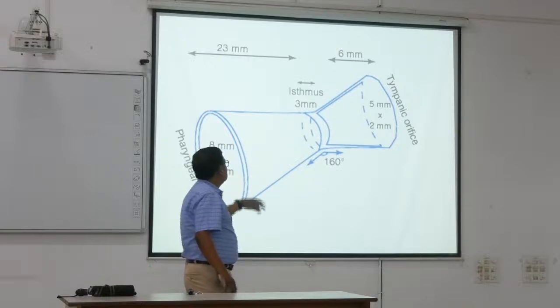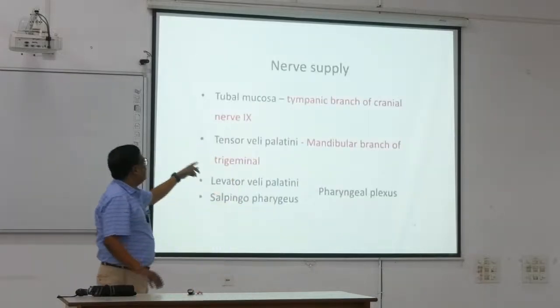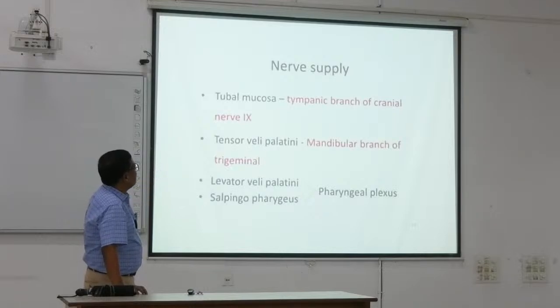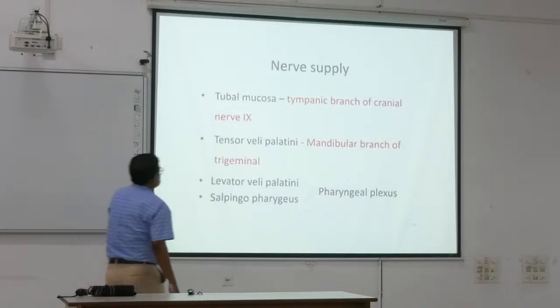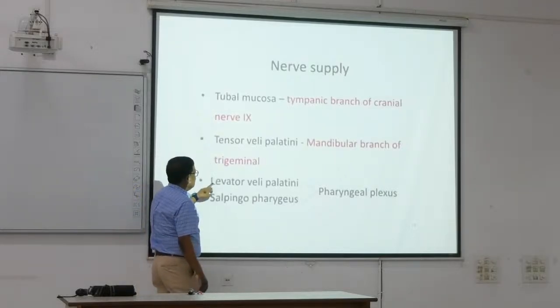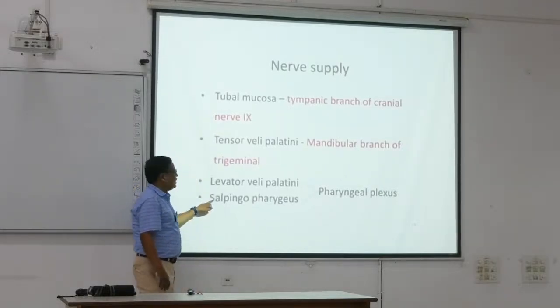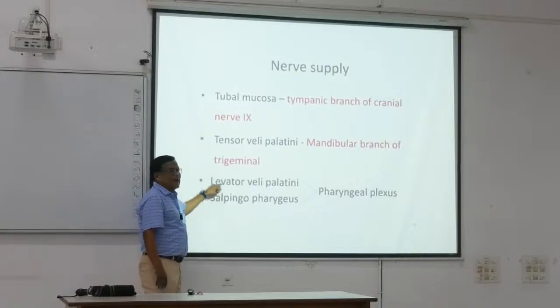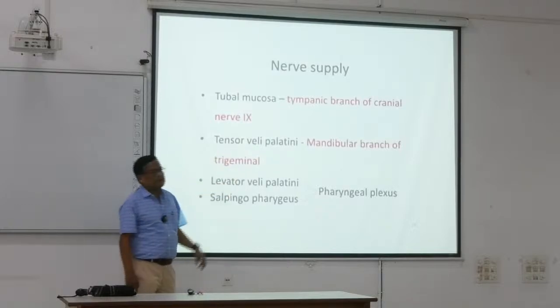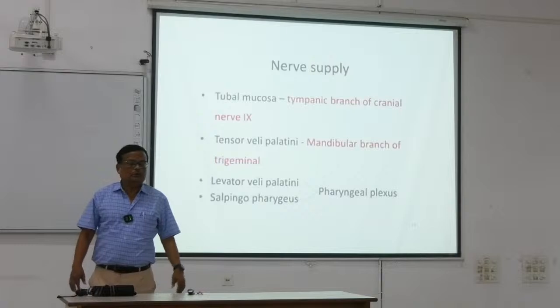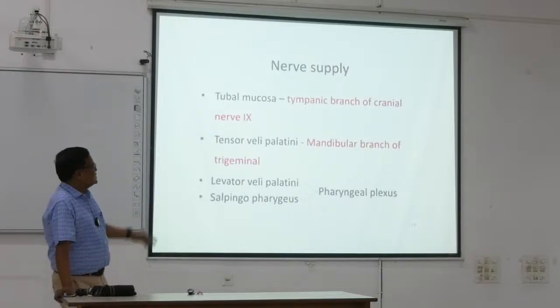Nerve supply: tubal mucosa is supplied by the tympanic branch of the glossopharyngeal nerve. Tensor veli palatini, levator veli palatini and salpingopharyngeal are attached to the eustachian tube. What are the muscles attached to the eustachian tube? Tensor veli palatini, levator veli palatini and salpingopharyngeal. These three muscles take origin from the eustachian tube, and they are supplied by the mandibular nerve for tensor, and by the pharyngeal plexus, which is formed by the glossopharyngeal, vagus and accessory nerves. Next,